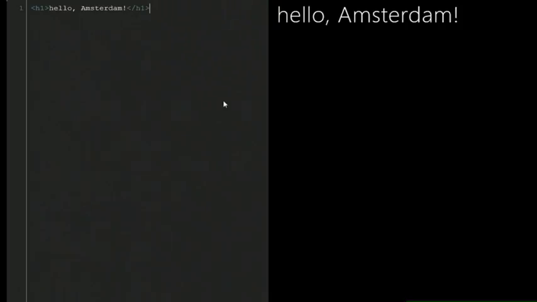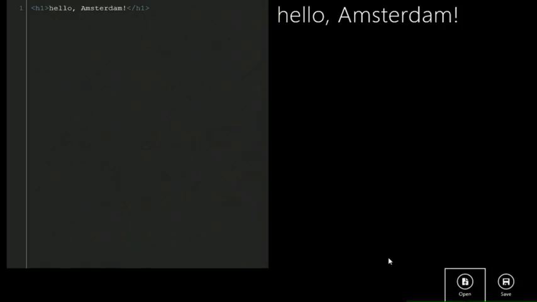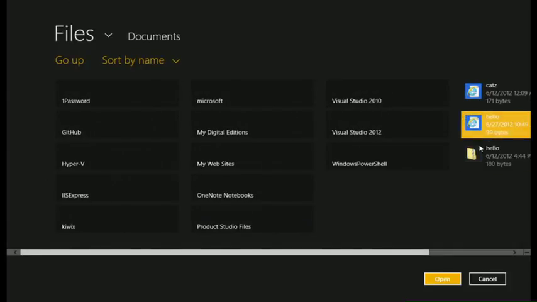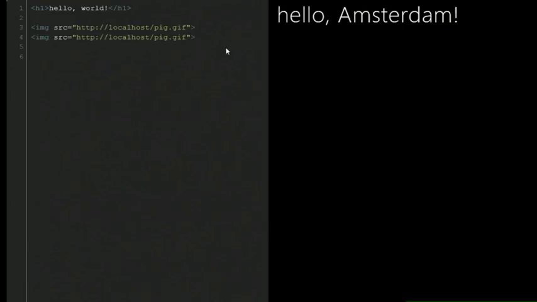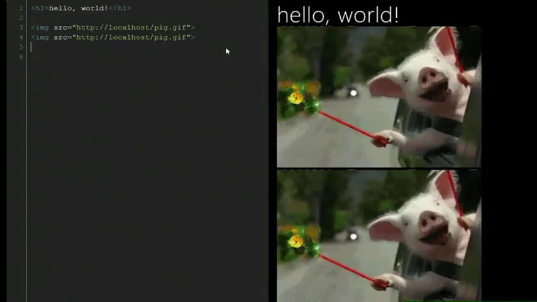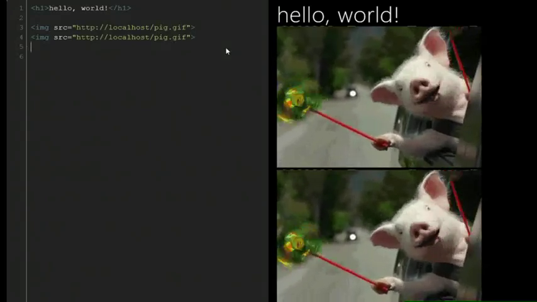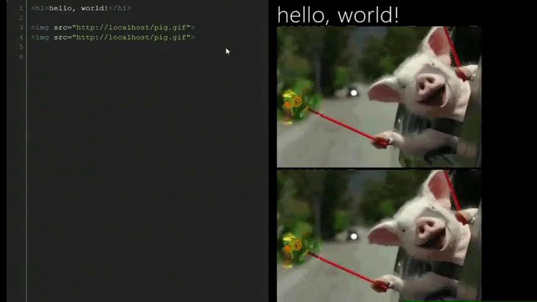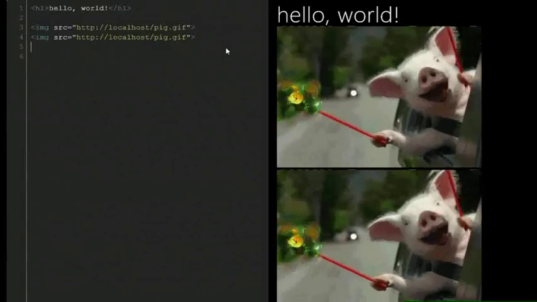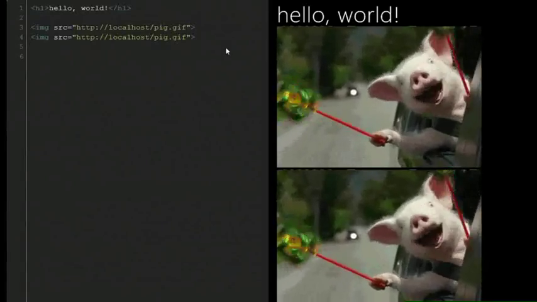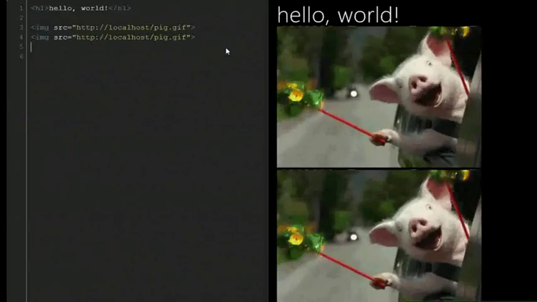It has some integration with the file system as well. So we can go off and we can click here and say open, right? So I can go navigate to something. I can go to the hello file that I have in my documents. It's going to load the text inside of here. And when I go off and I render it, we get funny pictures. So it's kind of fun, right? It's a nice little application. It has some support for opening zip files as well. It has support for search,